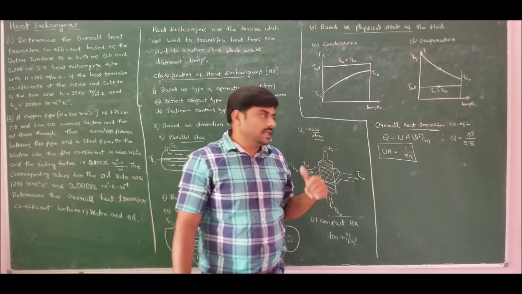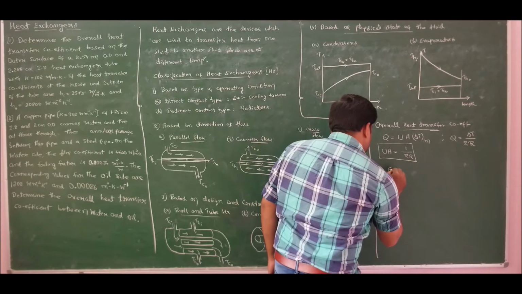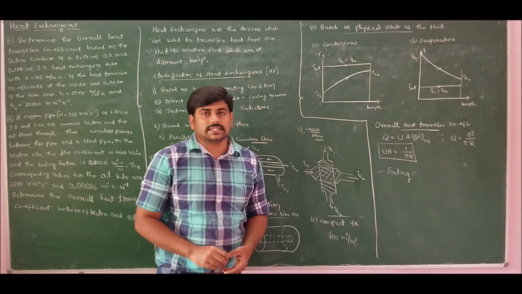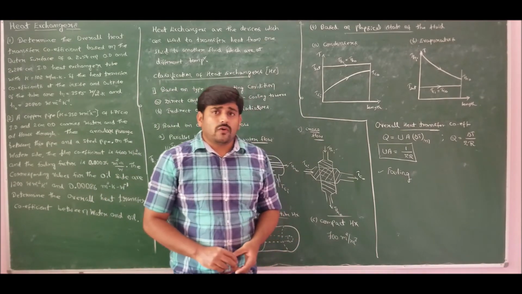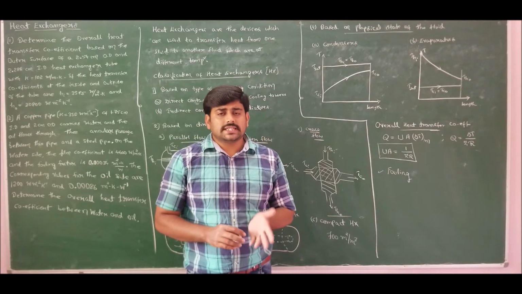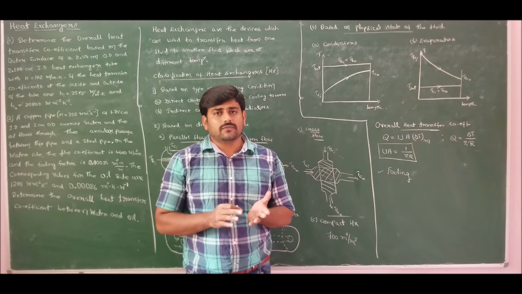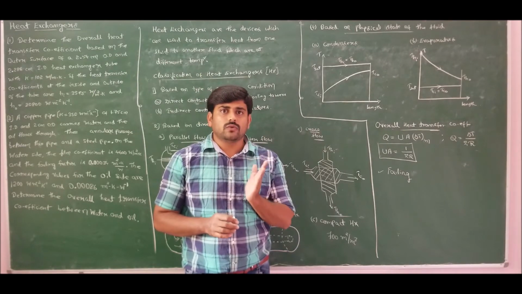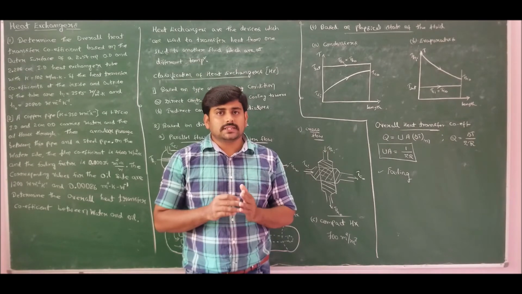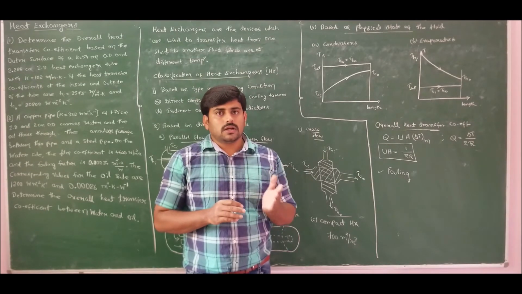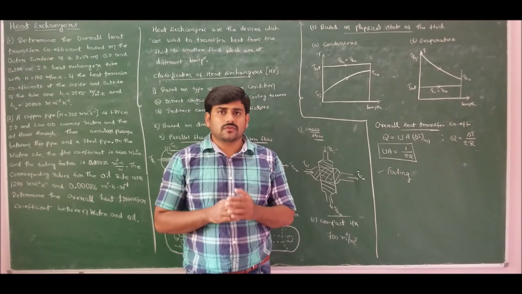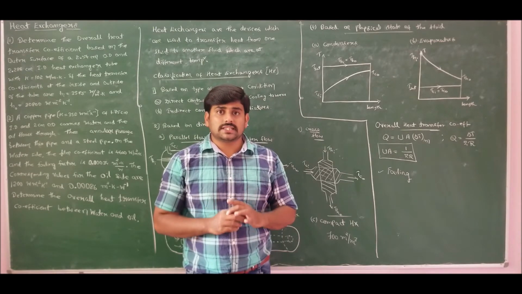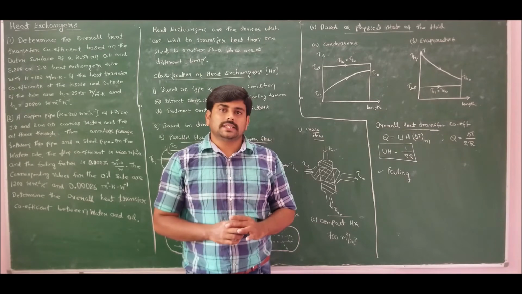The new concept that you are going to learn here is fouling, and how to calculate the overall heat transfer coefficient for fouled heat exchangers. What is the meaning of fouling? If you observe, heat exchangers are the devices which are used to transfer heat from one fluid to another fluid. Therefore, the surfaces of the heat exchangers are always in contact with the fluids. Due to the presence of impurities in the fluid and also due to the long-term contact of fluid with the metal surfaces, there is a formation of corrosion also on the surfaces of the heat exchangers, which causes resistance for heat transfer, which is termed as fouling of heat exchangers.